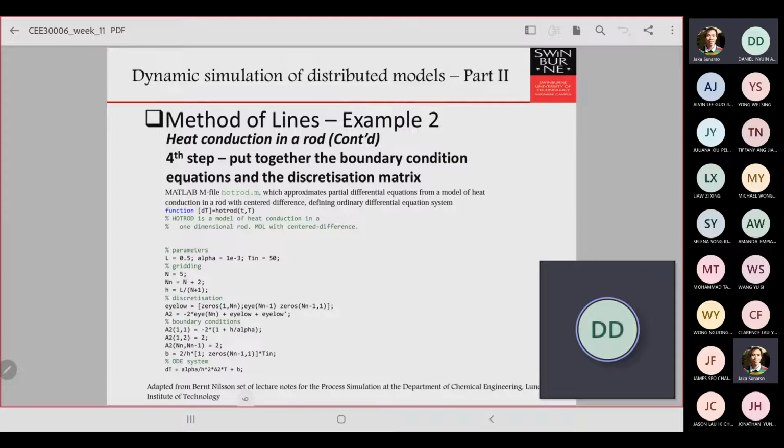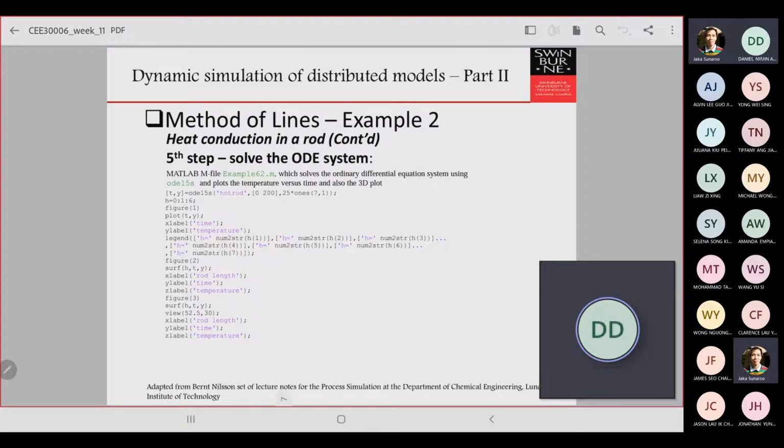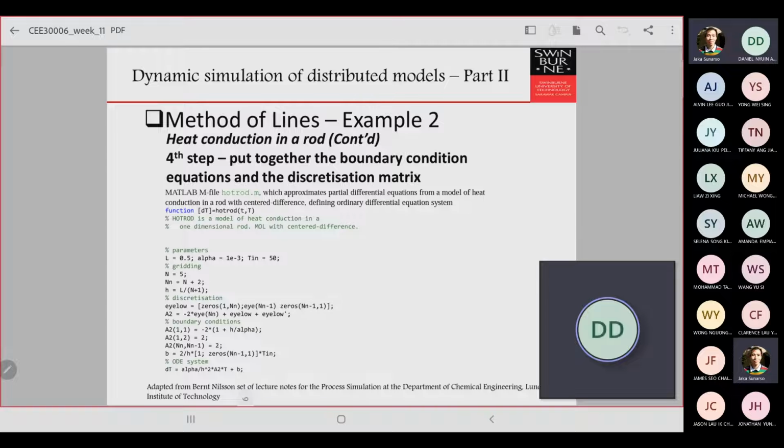So these are the solutions in terms of the MATLAB that we can implement to solve these things, and what we will get in here is a matrix or a vector of the ODE systems. So if we have an internal grid point of 5, in here we will have a matrix of, it's supposed to be 7, right, if not wrong. So this one is the function file that defines the ordinary differential equations.